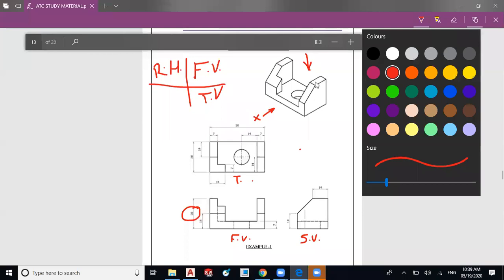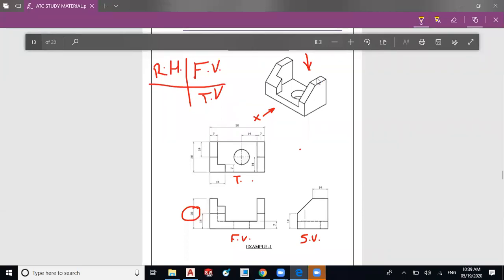There will be a visible part, this rectangle. This rectangle will be visible from the top. This part with the circle and this rectangle on top will be visible. These parts will be visible from the top.